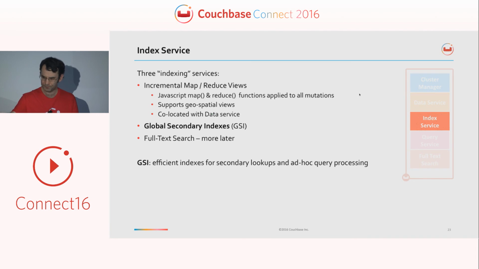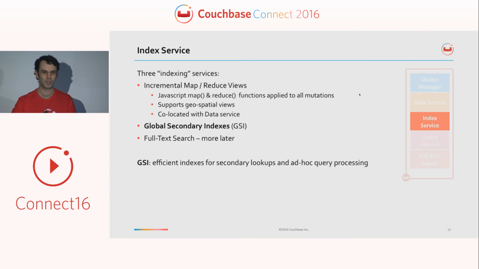The indexing service that I'm referring to here as the main title is our global secondary indexes, or GSI. These are intended to be efficient indexes for secondary lookup, so looking up by something other than the key of a document. I had a tweets example here. I had a user that was a primary key. Maybe I want to look up by a region or an email address or a handle or something such as that. And so GSI gives us that secondary lookup,